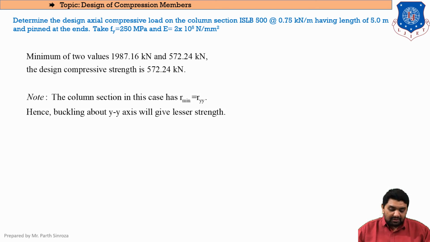Yeah? And this is a note that will be helpful to you while solving a design problem for a column section: in this case, the minimum value, that is RYY, so buckling about the YY axis will be the final answer. Clear? So that is for design, not for analysis. For analysis you always need to solve both cases, but for design you are not supposed to find two cases, that is along the x-axis and along the y-axis. You always need to check the value of R. If the R about the x-axis is lesser, then we will opt for buckling along the x-axis, and if the value of RYY is lesser, then we will opt for the y-y axis. Clear? For design, again keep in mind, for analysis you always need to prove both cases and the final answer will be the smaller of the two.